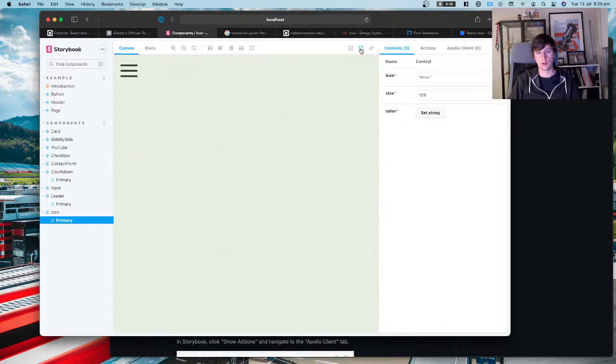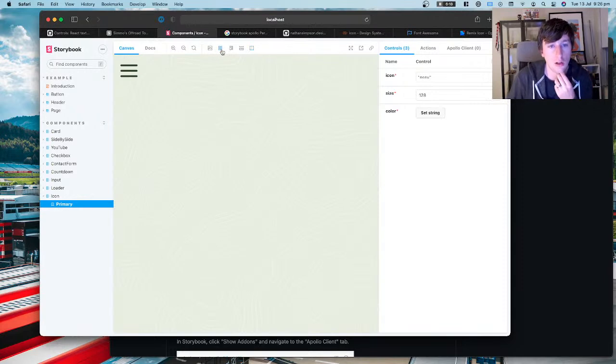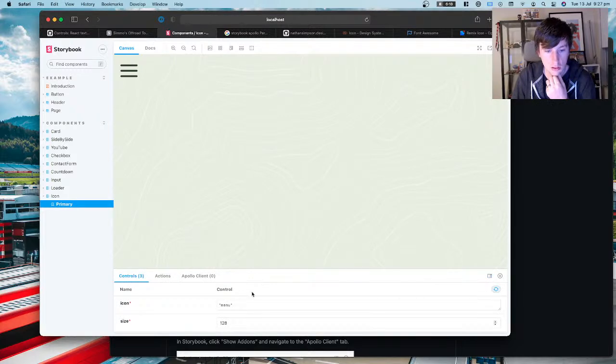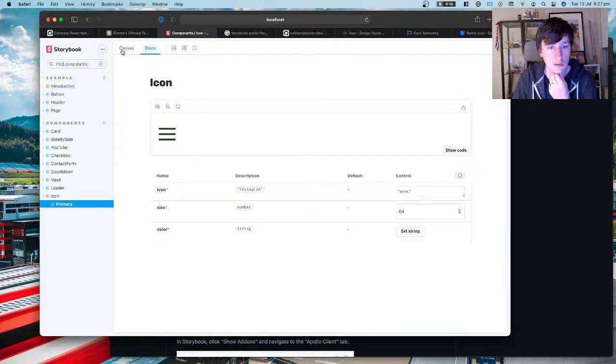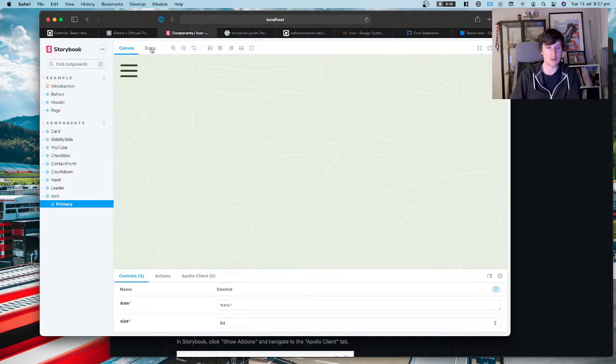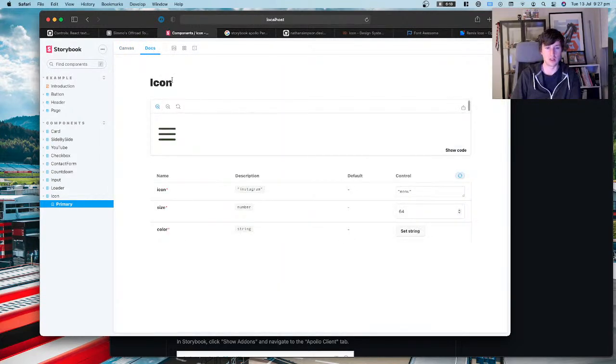Can I see the code? That could be cool. Where can I see the code associated with that? Nope. Change the background, apply a grid, change the size of the preview, enable measure, apply outlines. Oh, that's cool too. So this is another thing you get. You can preview it in the canvas, and then it also generates this documentation for you. So we've already got, without any extra work at all,